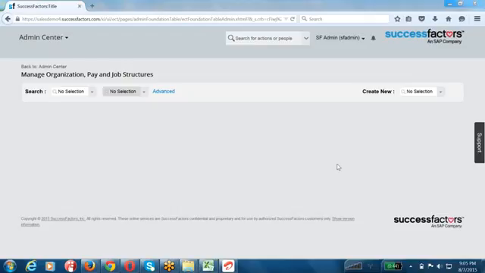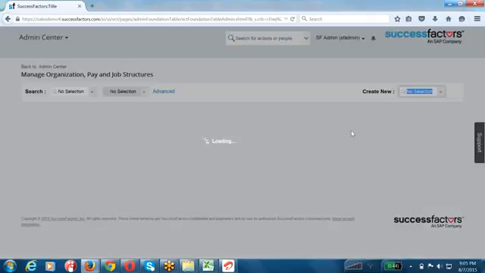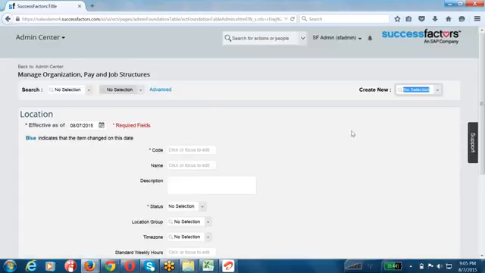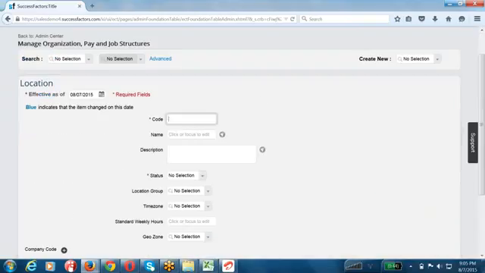We are interested in creating a brand new location, and if you go here and search for location, you see location here. Select this location. And here you can see you have effective date, and let's say I want to create